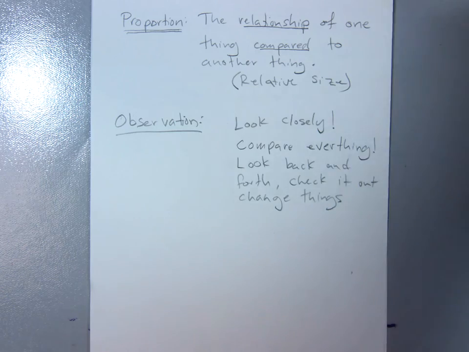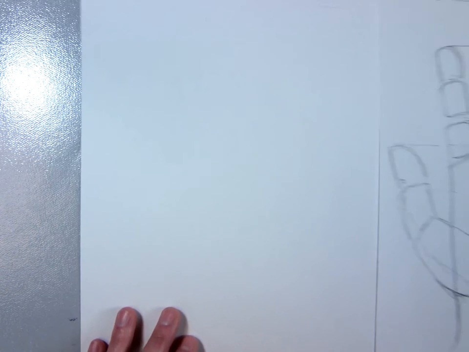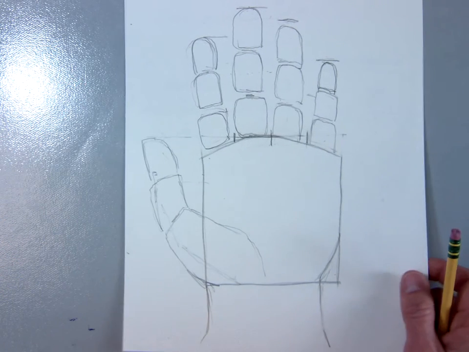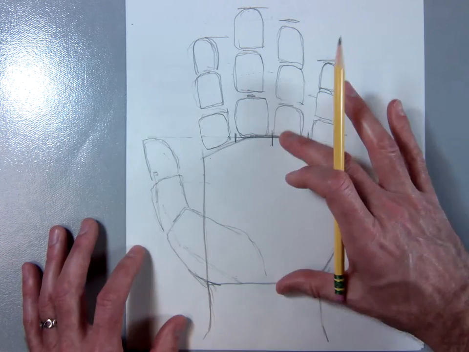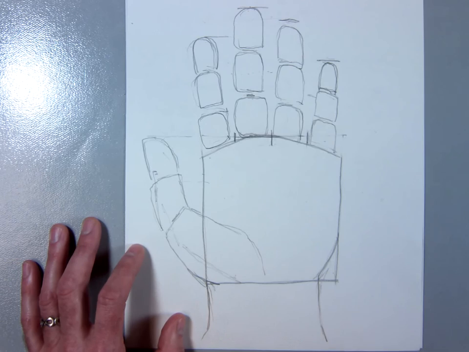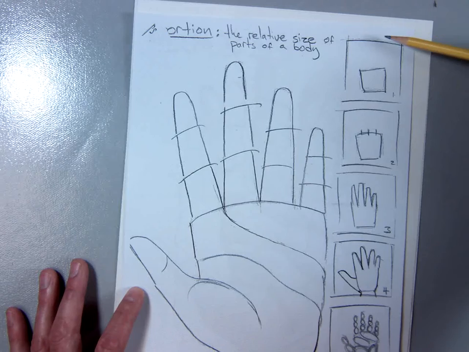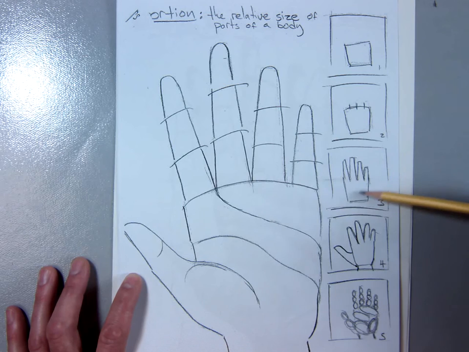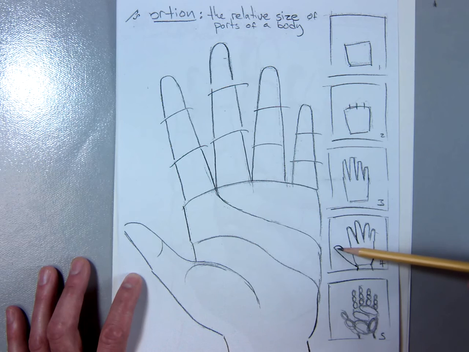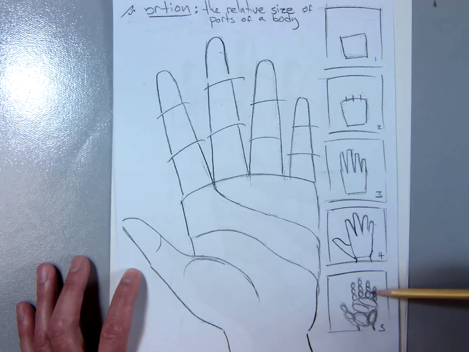Good. Now that we've copied down those two definitions, we're going to flip our paper over, and you're going to have a blank sheet. Now, our end goal is something that looks like this. It's kind of a robot hand, and as we go through the process, we're going to talk about the proportions. If you look at your packet that I passed out in class, it has the steps that we're going to go through over on this side. We're going to start with a rectangle. We're going to divide up our rectangle. Then we're going to put our fingers being the appropriate heights. Then we're going to add our thumb,